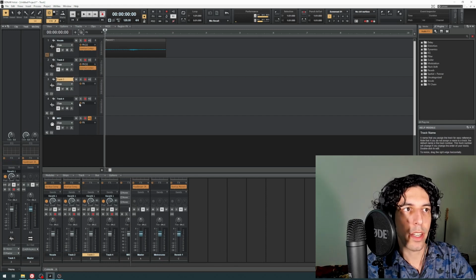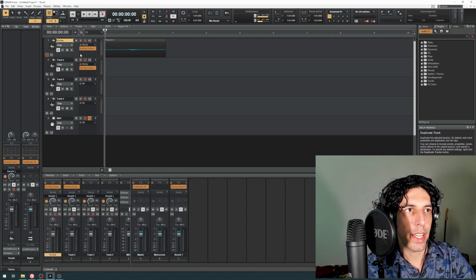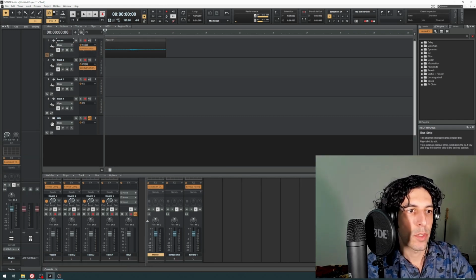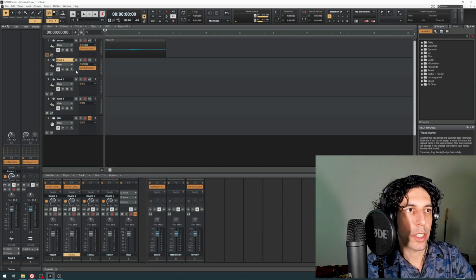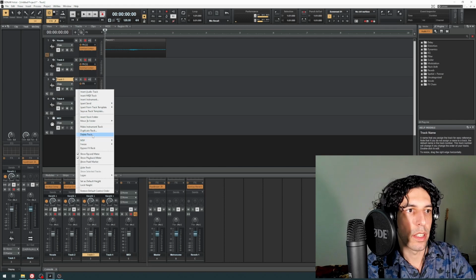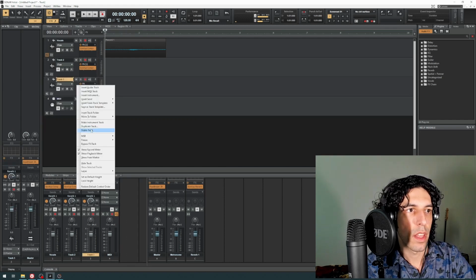Depending on which one you have selected, highlighted, you're going to duplicate that track, and it's going to carry over all the effects as well as the sends. So it's just very useful. You can work very quickly on getting what you want. Okay, so I'm going to just go ahead and delete these. All right,